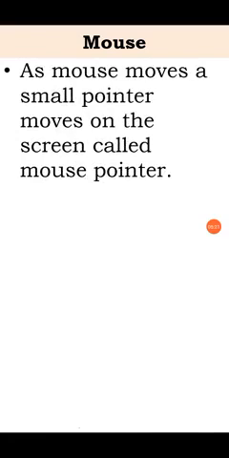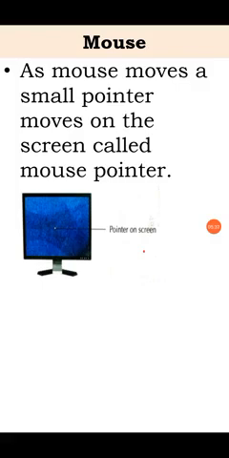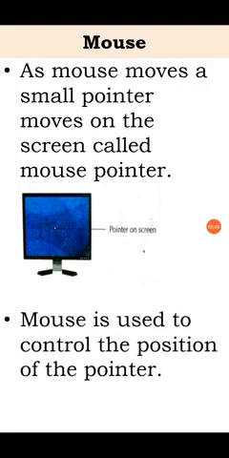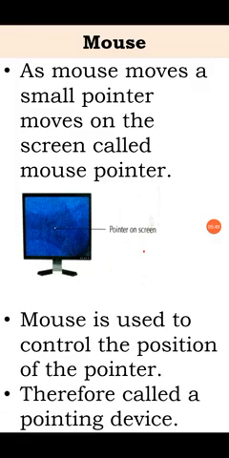As the mouse moves, a small pointer moves on the screen of the monitor called mouse pointer. See, on the screen of the monitor, one small arrow is there, that is the mouse pointer. Mouse is used to control the position of the pointer, therefore called a pointing device. Mouse is a pointing device.